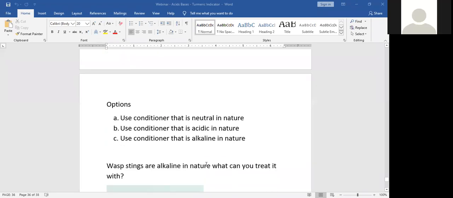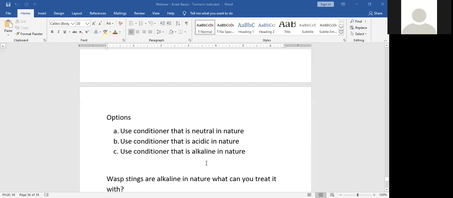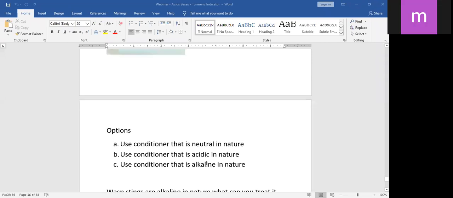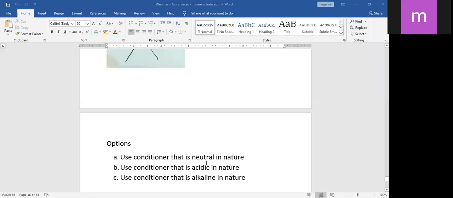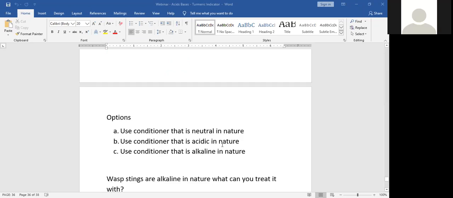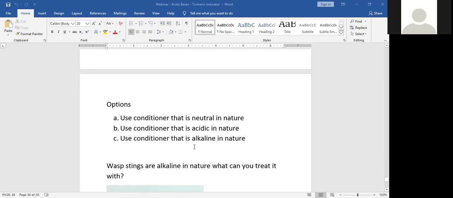Okay, I guess everyone has given the right answer, Vishal. Everyone has written B. Abhinav, maybe you can share your thought. He has written A, mild acid. No, I think he just picked the wrong option, but he's saying mild acid. Oh, he's saying A mild acid, not option A. He meant option B. Correct. You're right, Abhinav. Perfectly right. Okay, so the next question is, wasp stings are alkaline in nature.